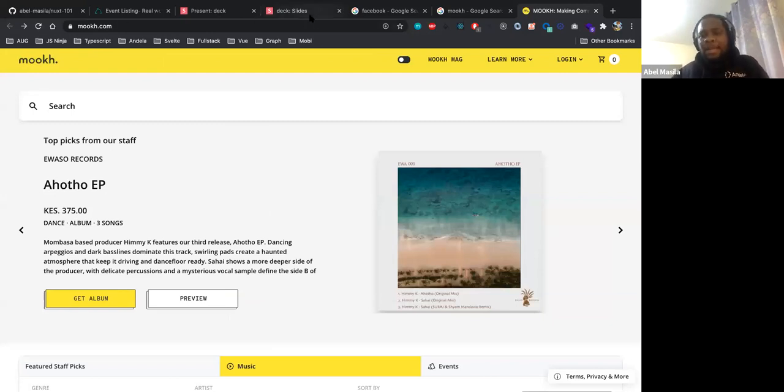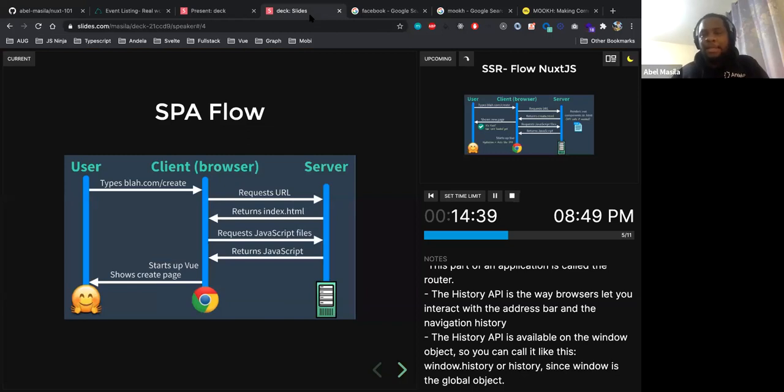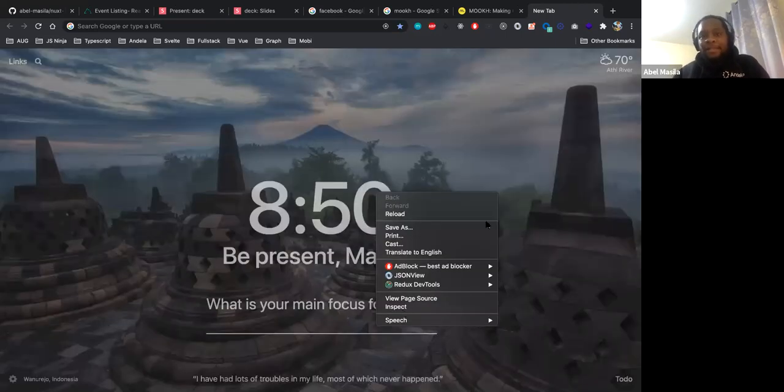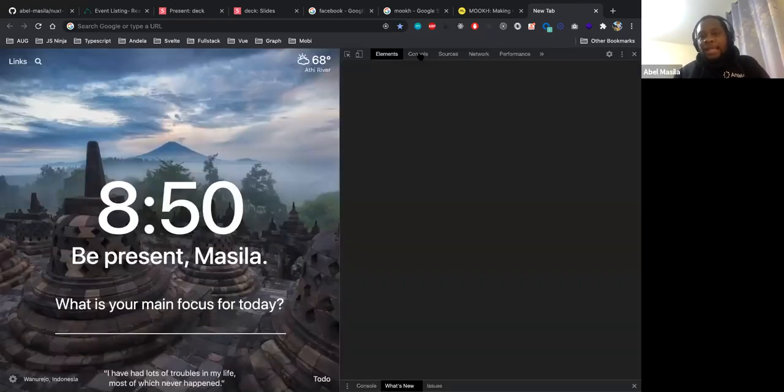The good thing with the server is that the server will always give you a page, but the client needs a way to know where to go next and where to go back if you hit back. And that's where the history API comes in. If you want to see what the history API is, it is available through window.history, because window.history is a global object.